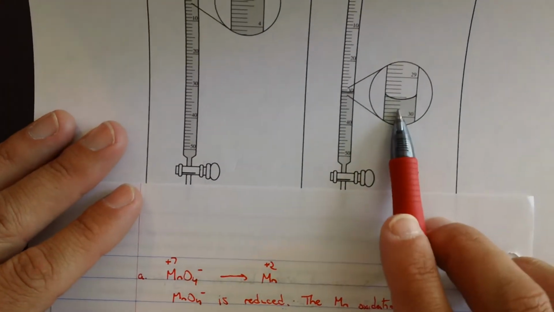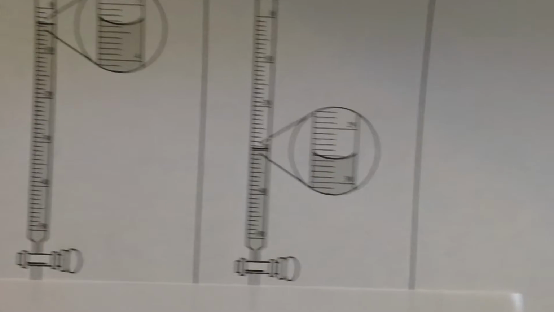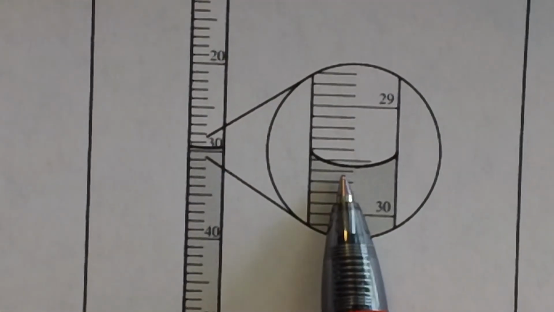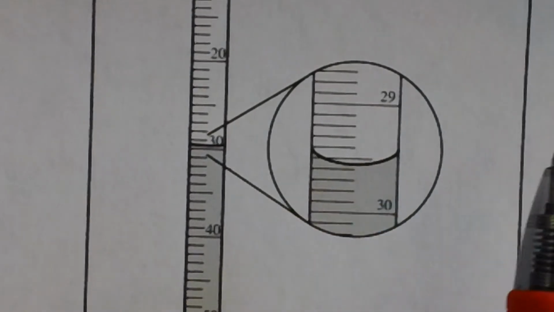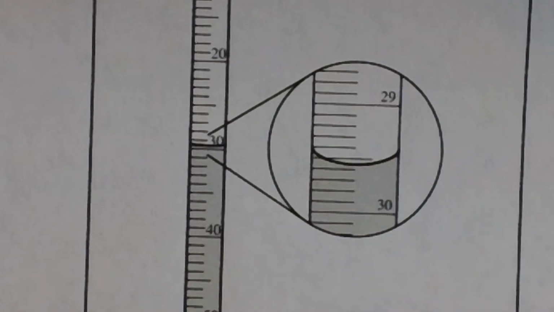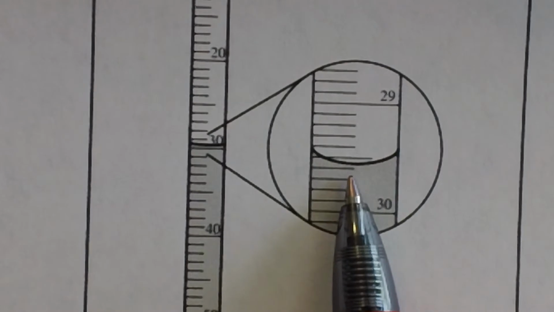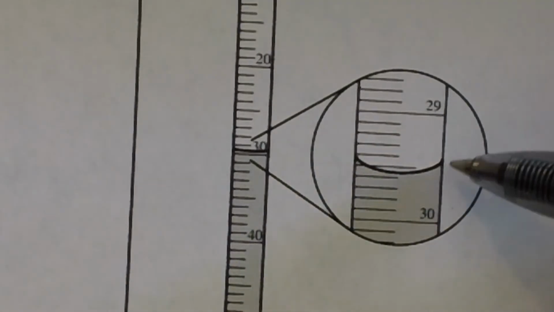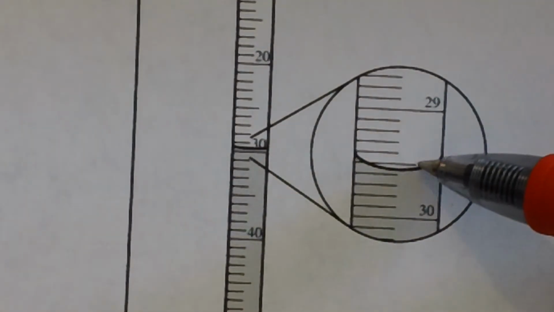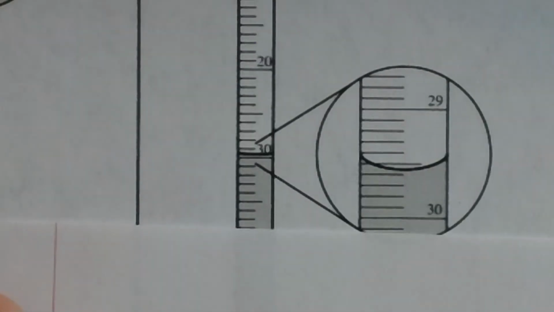So my final volume here, and you have to look at your paper. And I think I said this in the last video where we had to measure something like this. If they're in between two lines, I'm calling that a half. If it's right on the line, I'm calling it a 0, right? So that guess digit, guess a 0.5 or guess a 0.0. Don't get all fancy and say, well, that's a 0.68 or something, right? And so when we look here, this is between 29 and 30. Don't call it 30 point something, it's embarrassing. It's 29.5 something. And so my final volume, I'm putting at 29.55